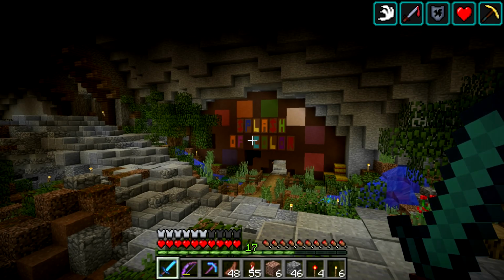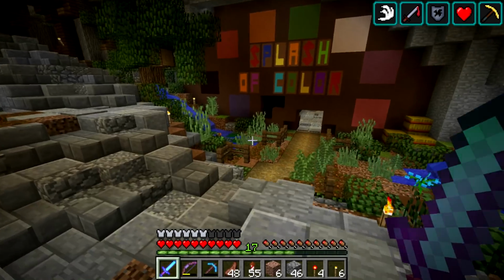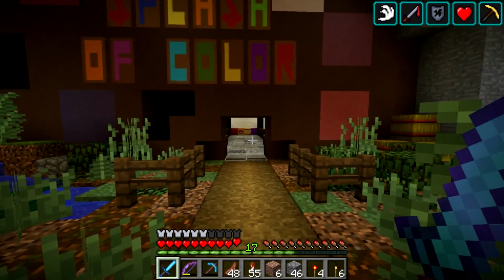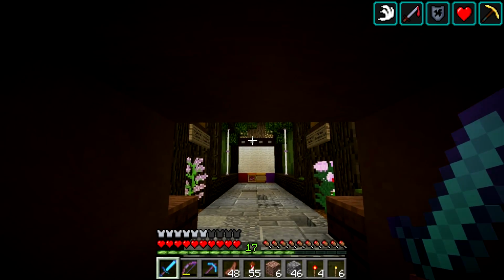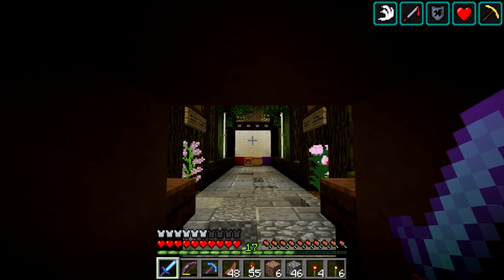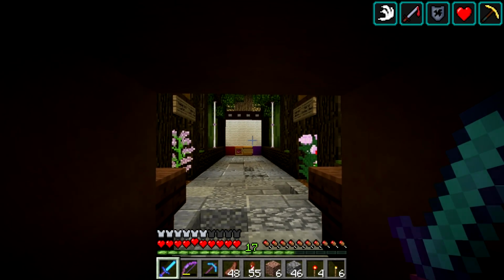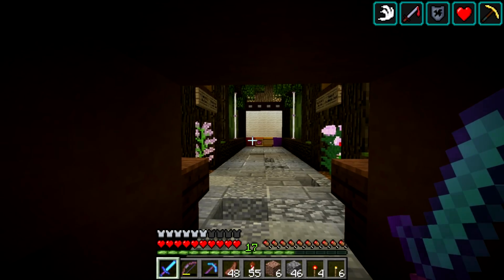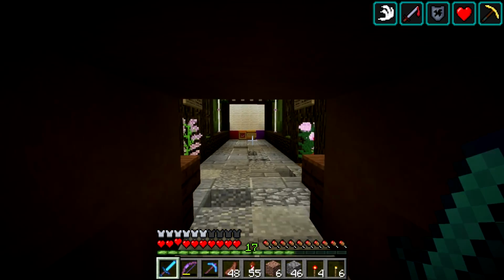So guys, we got the Splash of Color service fully complete now. Let's head on in and take a look. If you look on in before we actually walk through this area, you can see we got the paintbrush right here. So there's the handle, and these are the bristles right here, this white wool. And we have some paint dripping from the paintbrush, is what that's supposed to be right there. So we got red, orange, yellow, purple in that order. And then when we walk in,